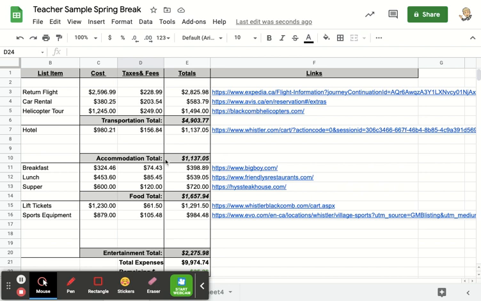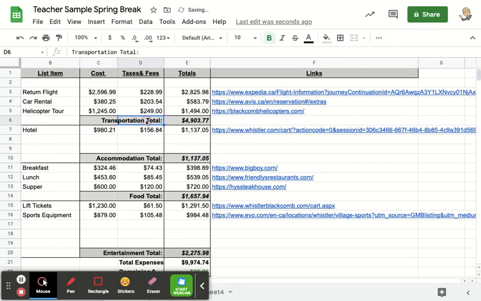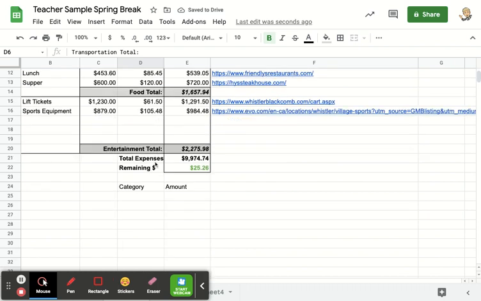So the first thing I'm going to do is create a summary chart here. I'm going to call this category. And this is going to be called amount, okay? And then my categories, it's simple. I'm just going to copy and paste them. So Control C, Control V,